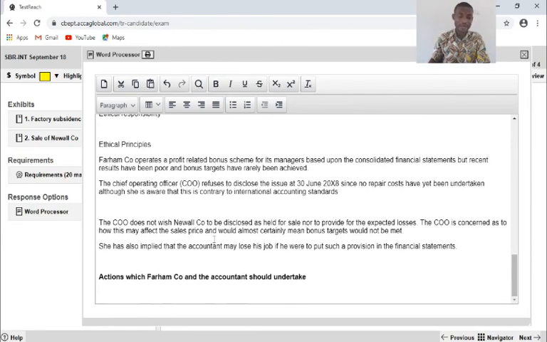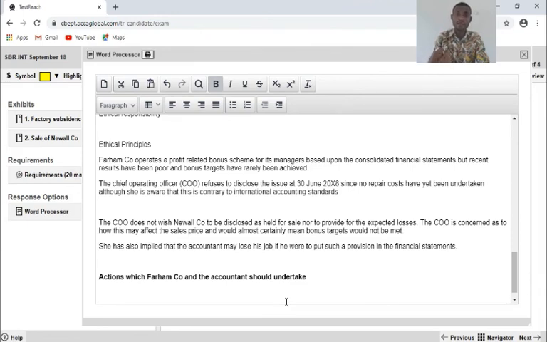And then you look at the actions to be taken. Already it's a heading you have developed. And you know the actions to be taken. The accountant who is intimidated would have to first discuss the issue with the director, which is the chief executive officer. If the chief executive officer is not able to understand the realities of the impact, you have to consider other directors, particularly the audit committee members.